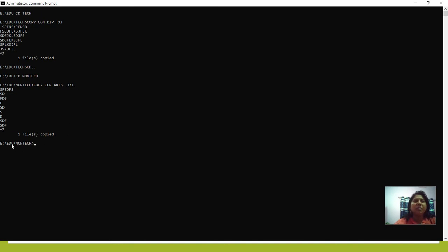Okay, now my total structure is created. Then I have to come out of this technical and non-technical directory and go back to where? Back to my root. Root is your E drive. Okay, so how to go back to root? You have to write cd / then enter. Otherwise you may write cd double dot slash double dot, then also you go back to the root, because double dot slash double dot means back 2 steps.